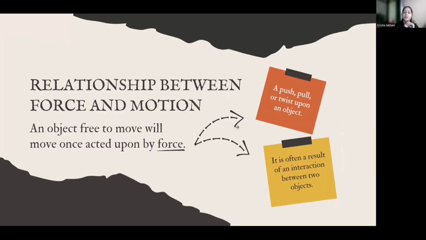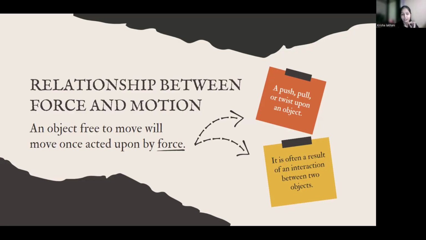Now moving to the next one, here we are going to learn about force first, the relationship between force and motion. What is the relation between a motion and a force? Force is exactly a push or a pull, towards yourself or pushing an object. When an object is being pushed or pulled by someone or something else, we say the object has been applying some force. So I hope this is very clear to you all. What do you mean by force and what is the end result of it? It is often a result of interaction between two objects. There is definitely an interaction, then only the force will be applied. Without any interaction, there will be no force.